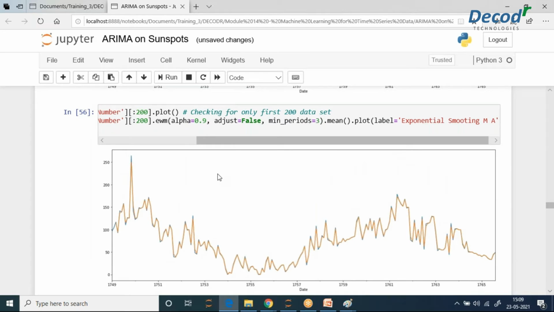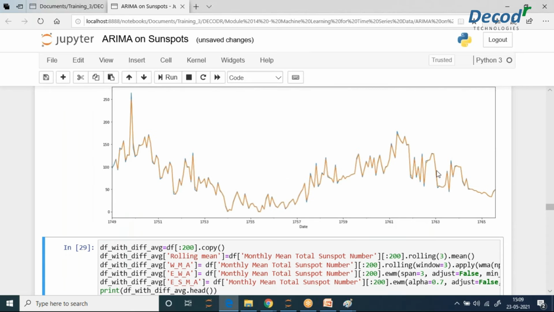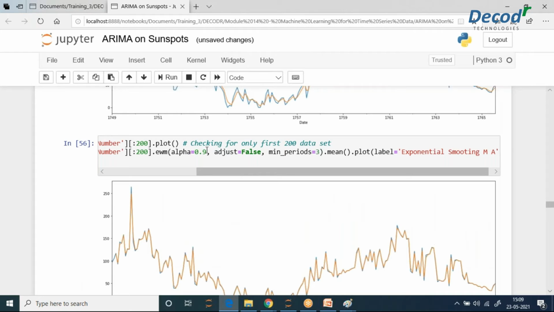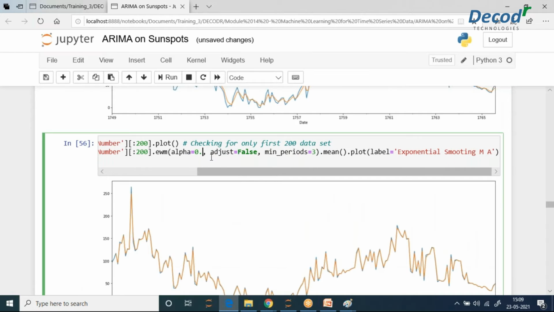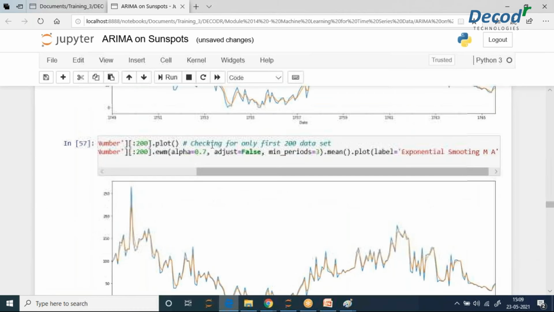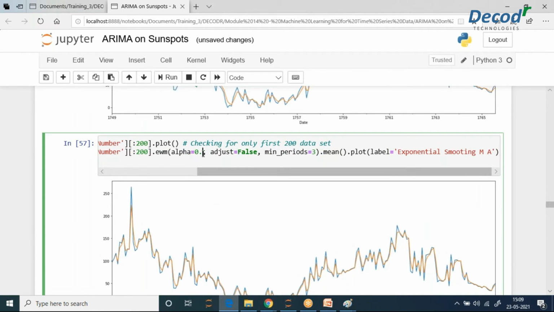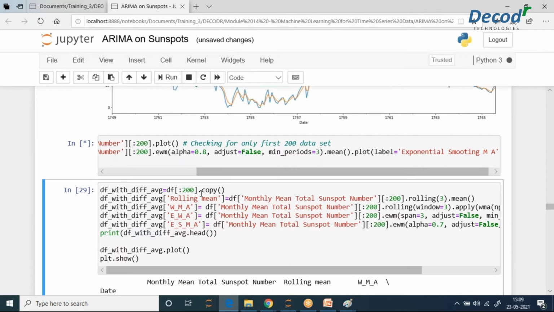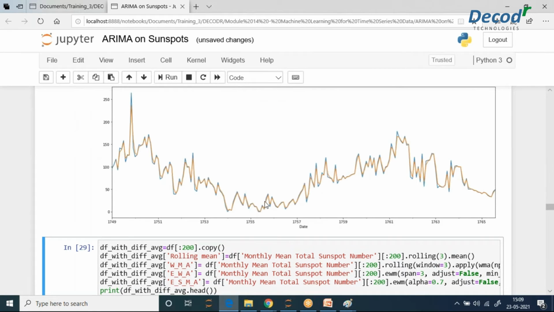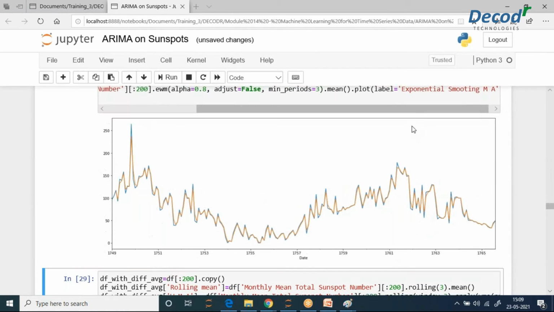Think of it this way: if it is overlapping this much, it's kind of overfitting also, right? So it's better to not overfit the model this much, but 0.7 is fine. But obviously if it's becoming so much better, I'll go with 0.8. Okay, this is way better. We can choose this one. So what we understand is that the exponential smoothing moving average has been the best till now.